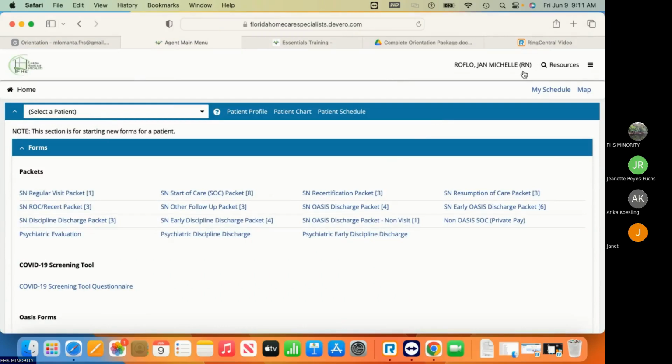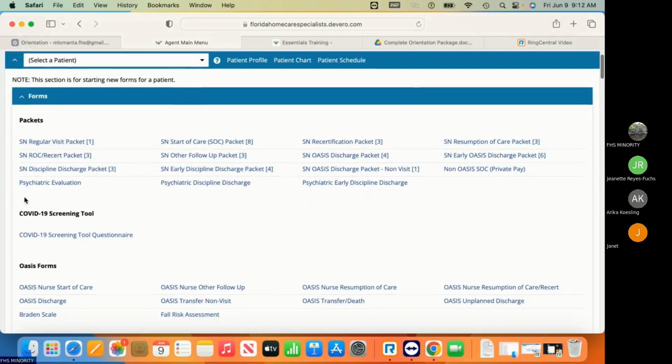So for me, I have my RN. SN would be skilled nursing. For PT, it would show physical therapy or PT, OT, social worker, and then speech therapy. So the packets are used if you're doing an OASIS visit. An OASIS visit would be when we start the case, when we discharge the case, when we recert the case,